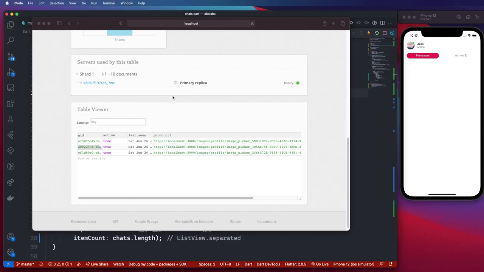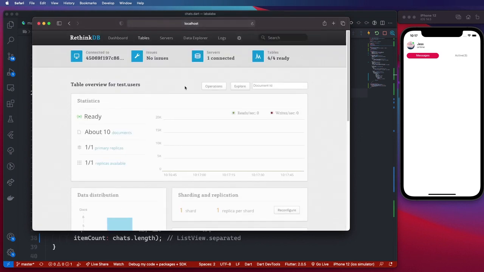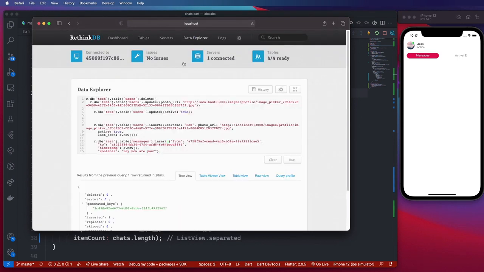So let us bring up our RethinkDB database here. And inside my database, I have 3 users. This is the user that is currently signed in, and these are the 2 other active users to which I can send messages. So if I go to my Data Explorer, where I have a couple queries already set up, as you can see,